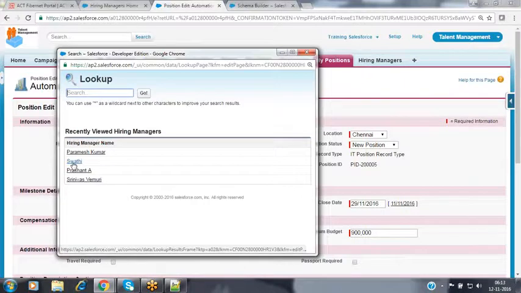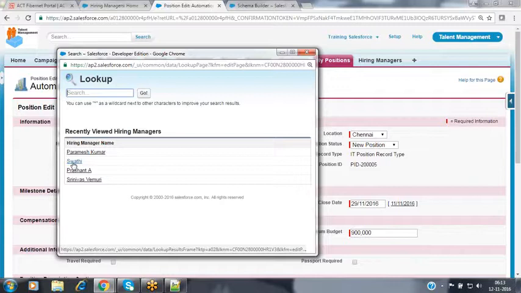So which parent do we have to consider? As we have two Swatis, one from the Hyderabad location and another from the Chennai location, how do we know whether this position has been assigned to the Hyderabad Swati or the Chennai Swati? It will be an ambiguity.